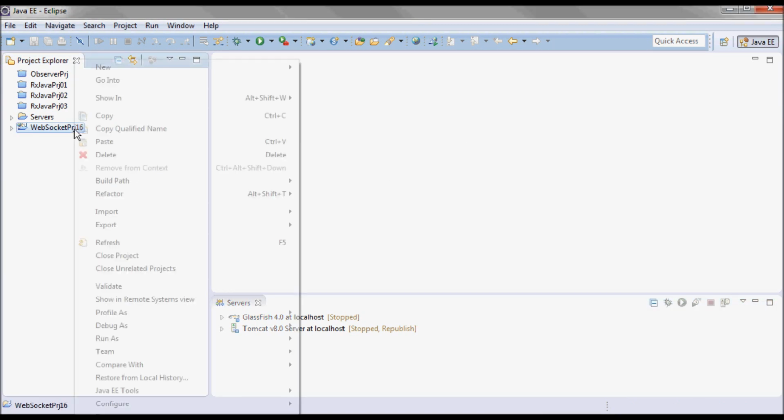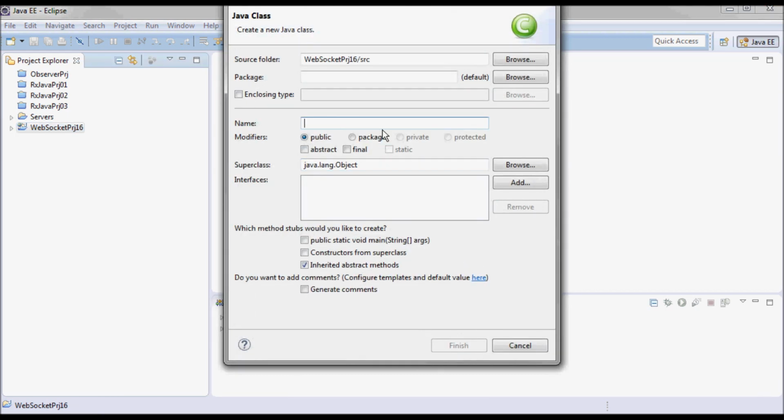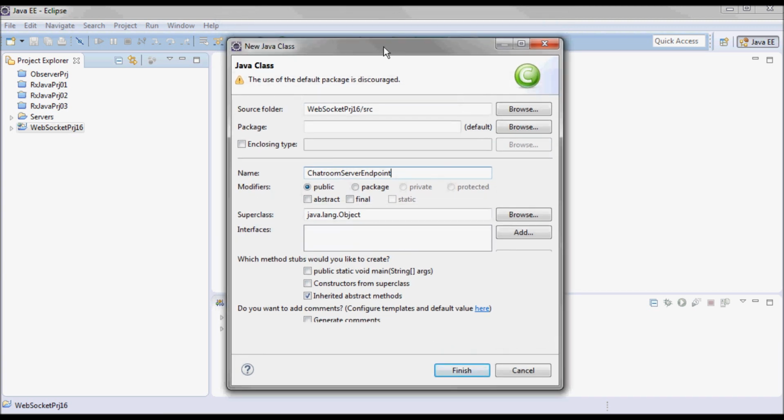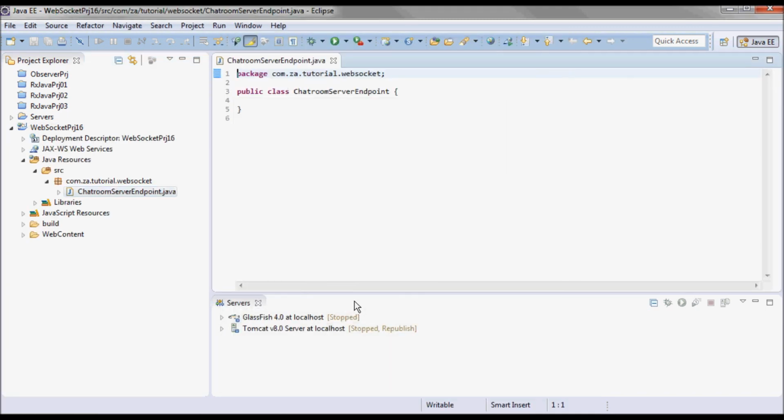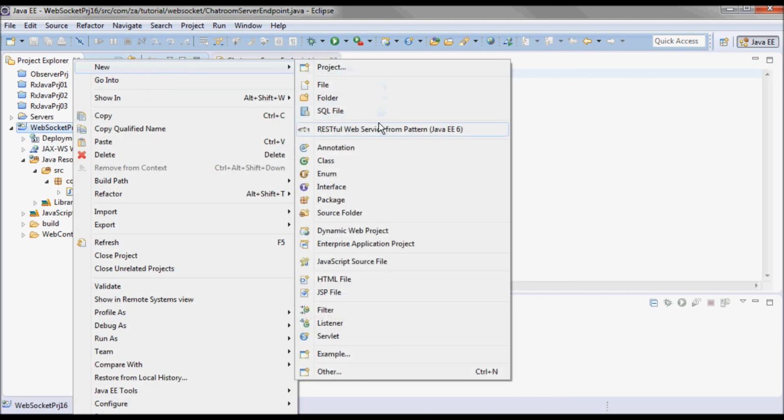Next, I'll create this class, which would be in this package. And I will also create an HTML file.